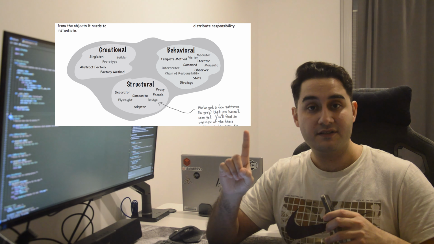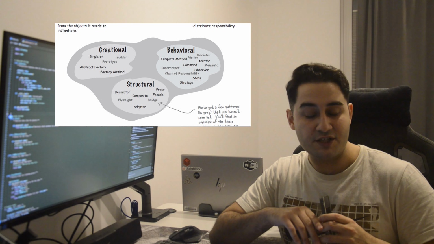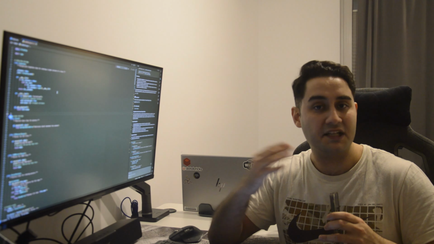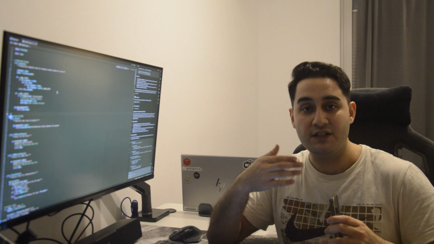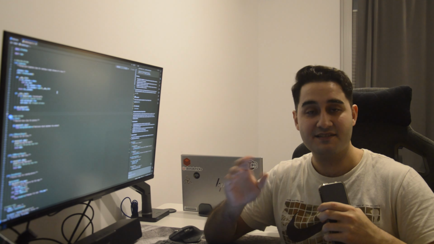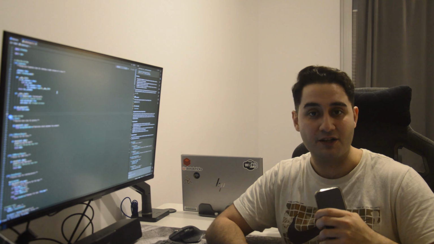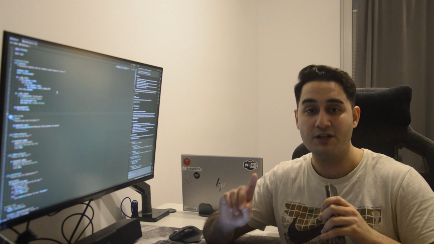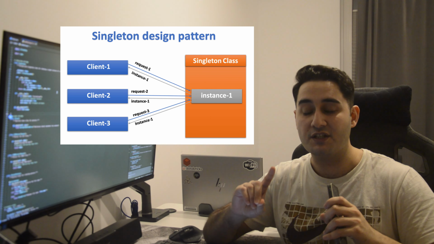The first pillar from our book is the creational design patterns. These design patterns help you create objects without tightly coupling your code to the objects' specific implementations. From the creational design patterns, the first is the Singleton design pattern. The Singleton design pattern allows you to create a single instance of an object that you want to use high level